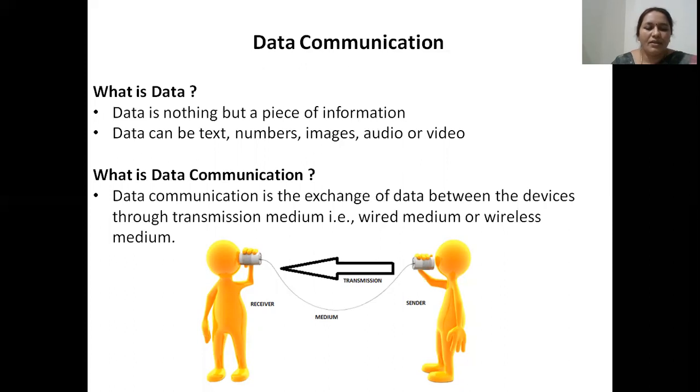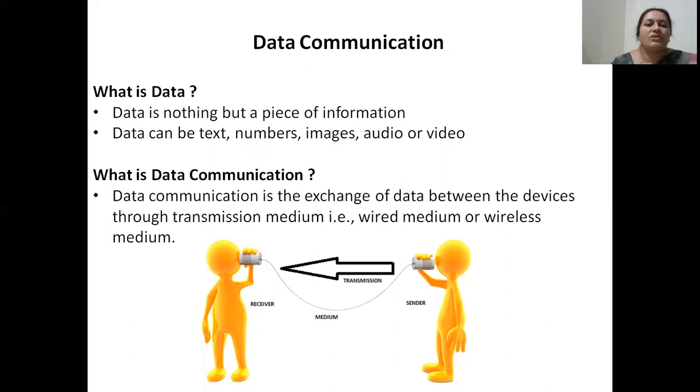The best example which I can quote to make you understand about data is your WhatsApp. Now in WhatsApp, you can exchange varieties of information. You can exchange text messages, you can exchange numbers like contact numbers or any other statistics. You can send and receive pictures. You can send and receive audio. You can record your own voice and send, or you can send some music data or anything as such regarding audio you can exchange. You can also exchange video.